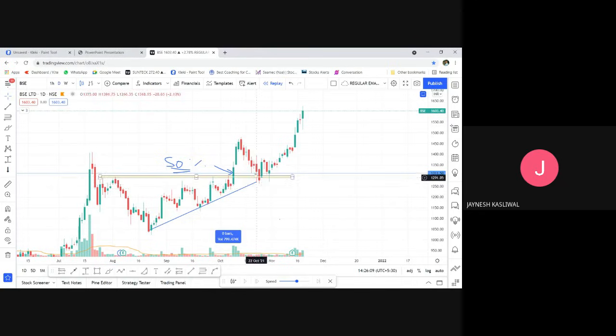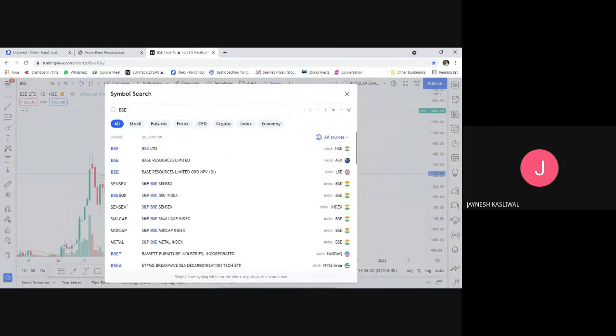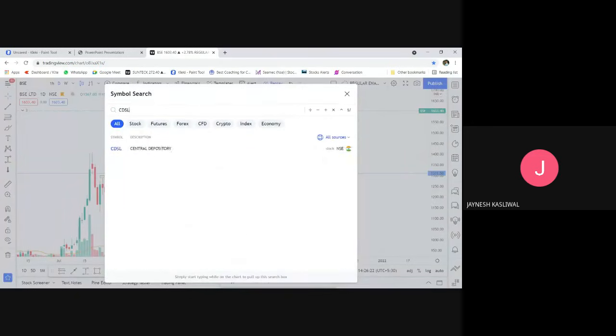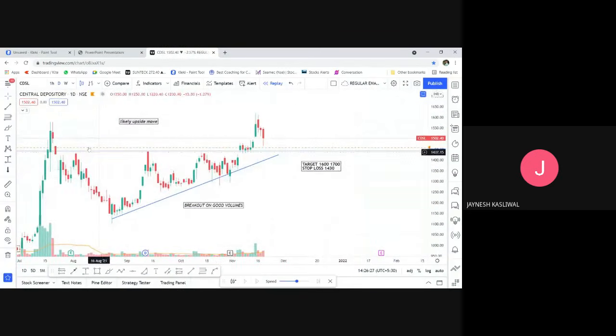Okay, now we have seen one example. Next we will also see the target and stop loss in the next examples. Okay, the second example on the same strategy that I will be explaining to you is CDSL, where